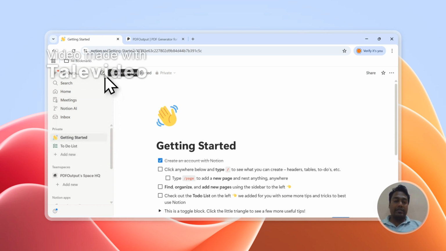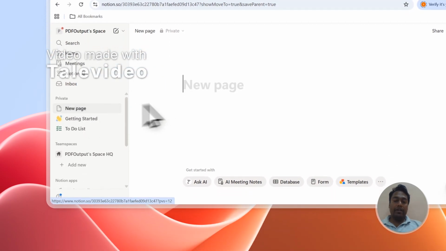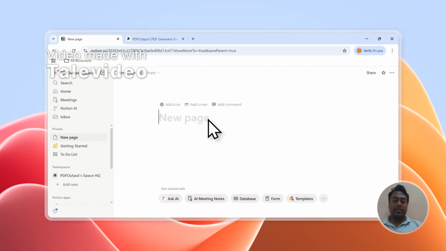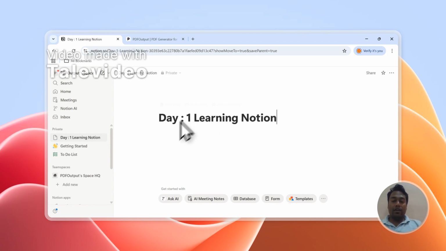So if you click on this pencil icon over here, which says create a new page, it will instantly create a new page for your requirement where you can start defining the page as per your requirement, and you can start creating content inside this. So let's say I'm going to type in over here, day one learning Notion. So this is the title of my new page,